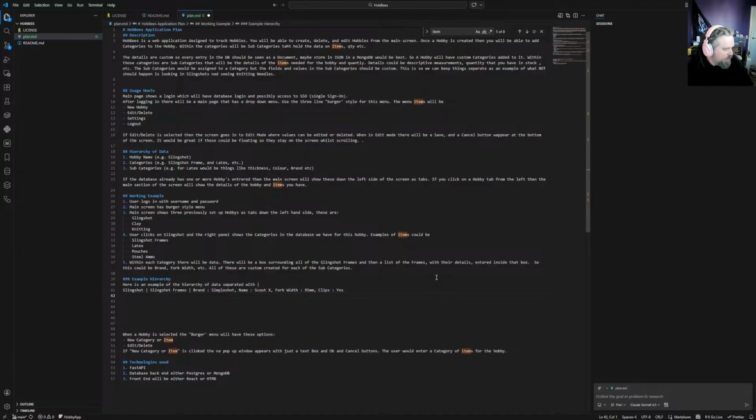Okay, and then we're going to do slingshot latex. Brand is Sniper Sling. Color yellow. Thickness 0.4. It's in millimeters, but I guess I could add that, but it's